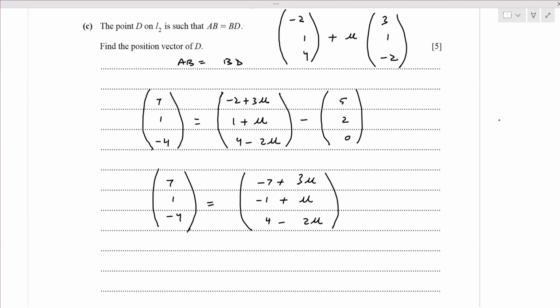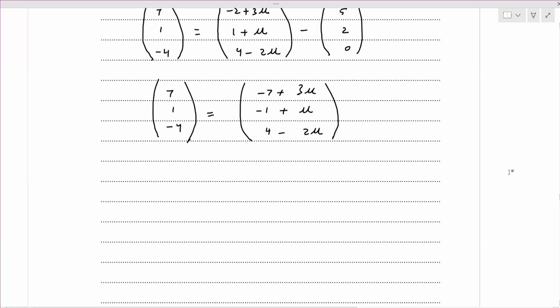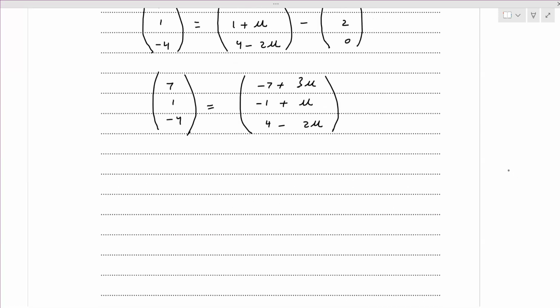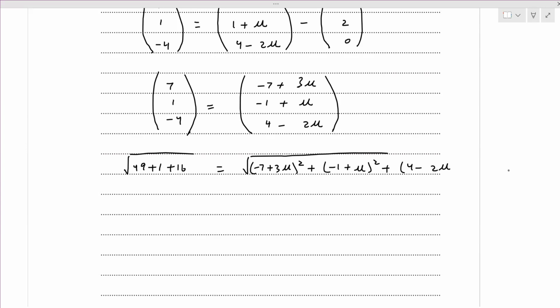Now look, nothing else is given in the question, so it means both lengths are the same. We have to calculate the magnitude. So the magnitude of the left hand side, root of 49 plus 1 plus 16, is equal to the magnitude of the right hand side, root of (-7 plus 3 mu) whole square plus (-1 plus mu) whole square plus (4 minus 2 mu) whole square. Root and root cancel out. And the left hand side is 66 is equal to